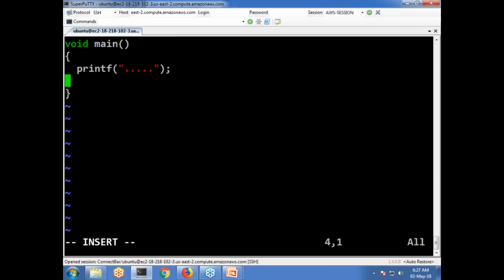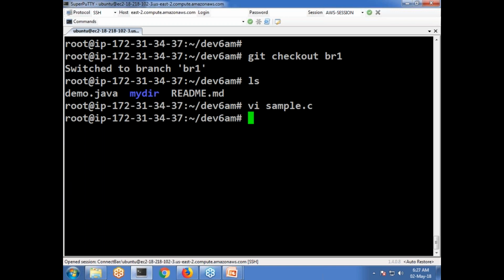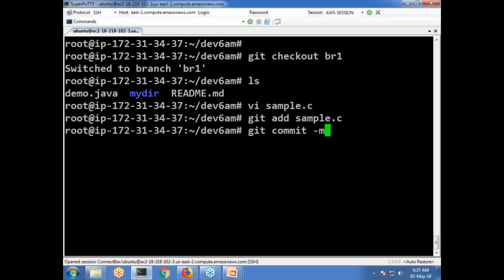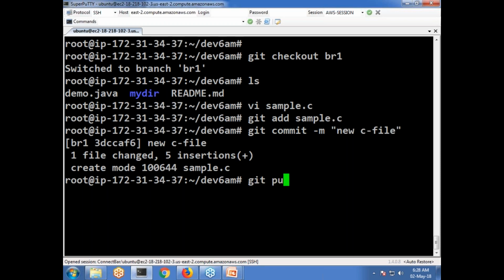Some new code is added. Now what changes do we have to do here? Git add. Next, git commit -m with some message, I said new C file. Next, git push